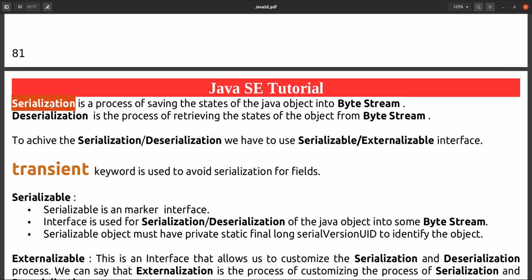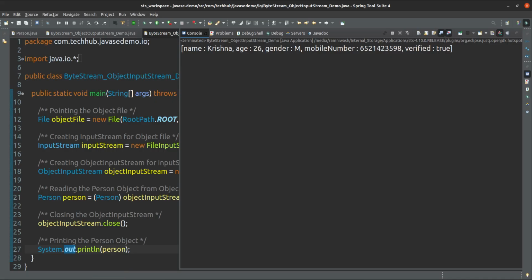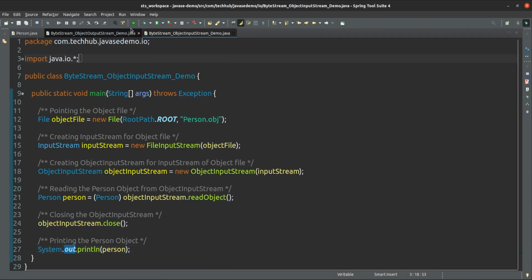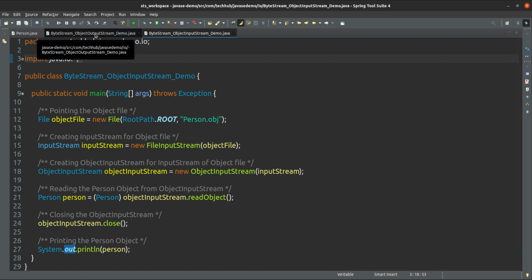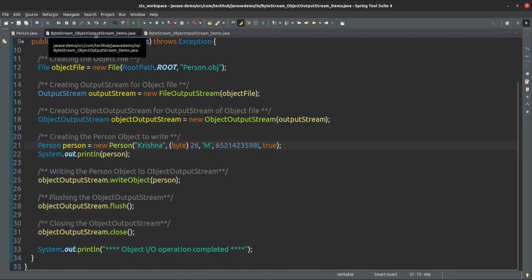What is the meaning of serialization? Serialization is the process of saving the state of a Java object into a byte stream, and deserialization is the process of retrieving the state of the object from the byte stream. So here object input stream is the example of deserialization, and object output stream is the example of serialization.